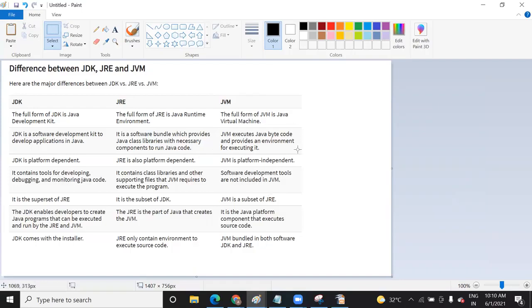Whichever platform you have written the code on, whether Windows, Linux or Mac OS, that dot class file will be executed by the JVM. Javac is used as the compiler, and the JVM is used to interpret your dot class file. That is why it is platform independent, and that makes your code portable. You can take the code built on Windows to Linux, and if a JVM is present, it can run it. Is it clear to you now?